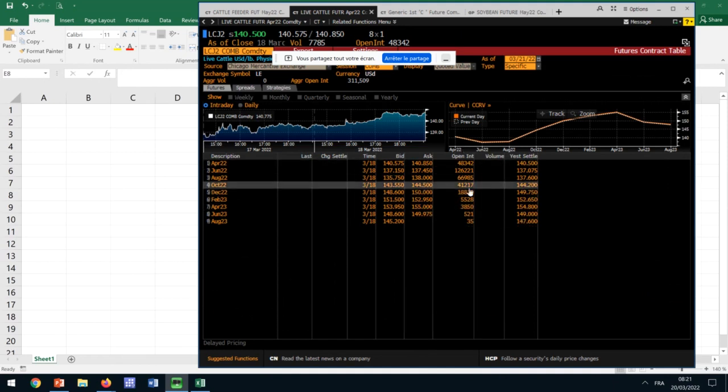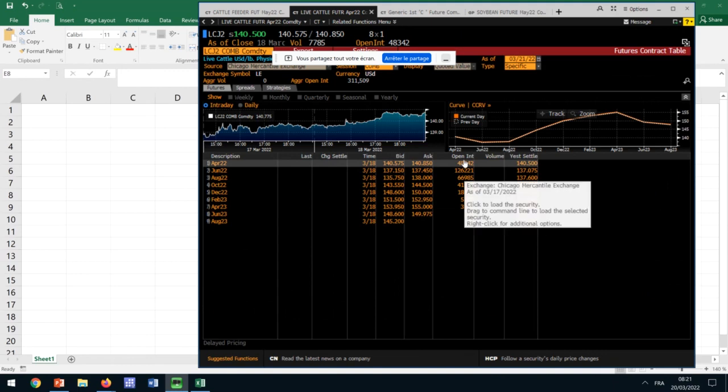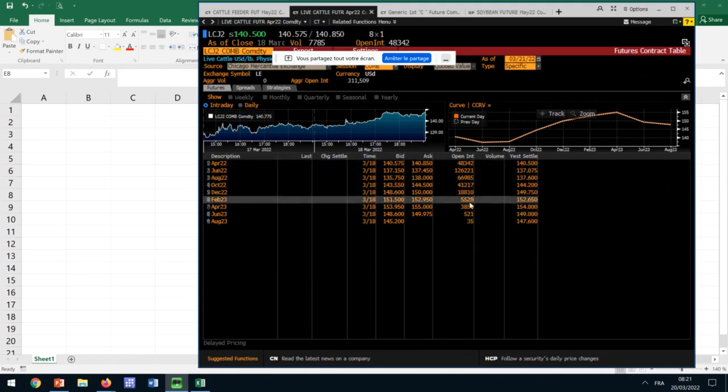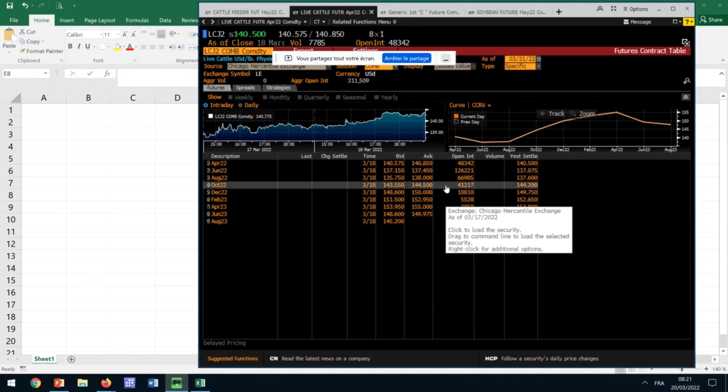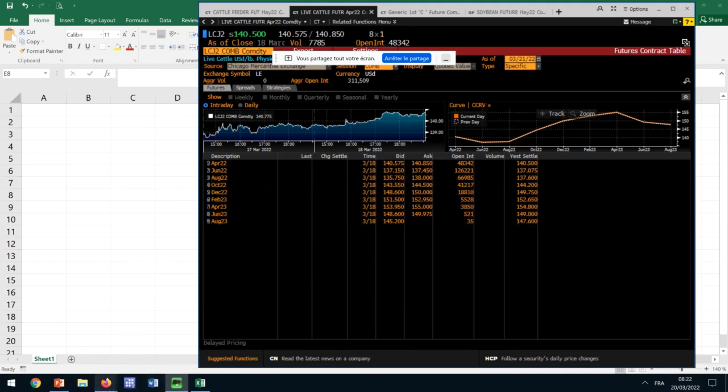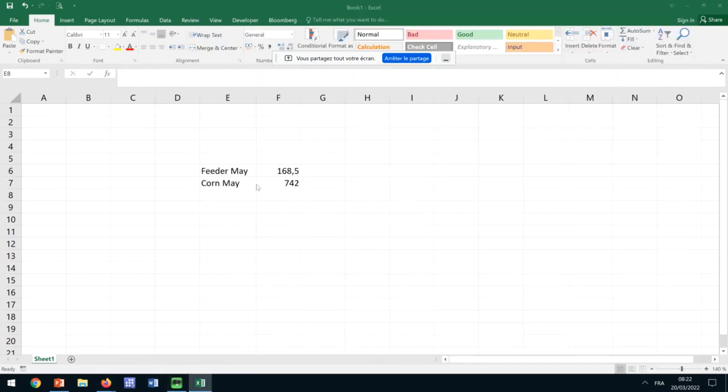Again, you can see that the very short contract is already partially offset because the open interest is declining. So we said October 144.5. Okay, live October. So these are our numbers, but now we have to calculate the values,